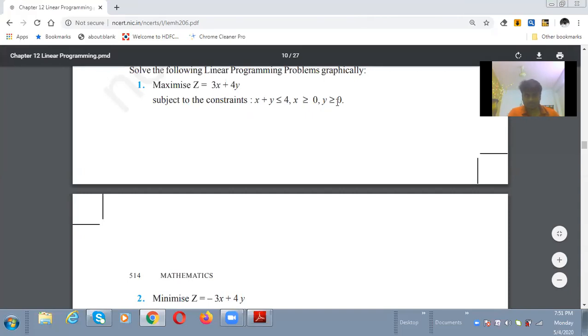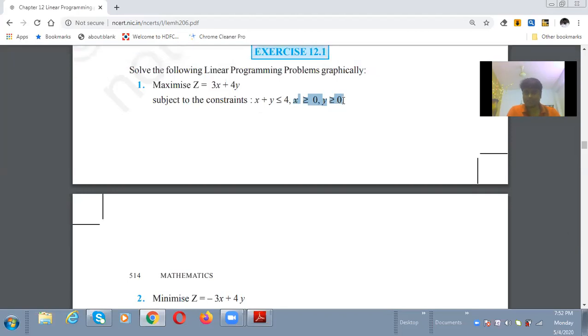So how can we solve this problem? First of all, let us take the objective function as z equals 3x plus 4y. Okay, and what is the constraint here? x plus y less than or equal to 4. We have one and only one inequality here, as in the constraint, and x greater than or equal to 0, y greater than or equal to 0. This is common for every linear programming problem because x is positive, y also positive, so the graph will come in the first quadrant, always. Now let us see the solution for this.